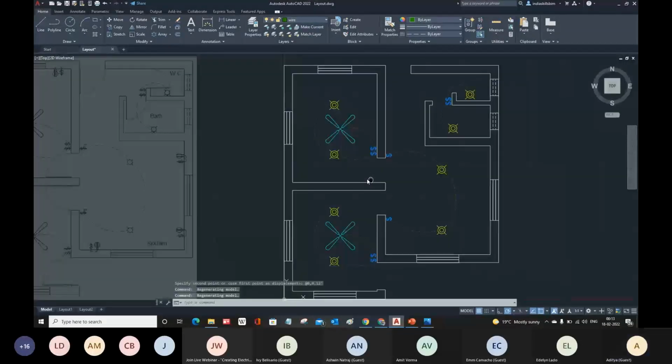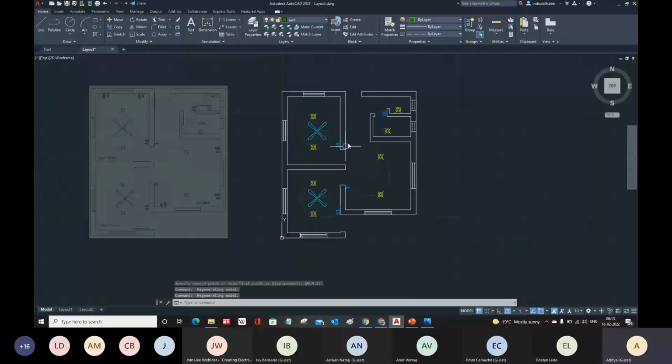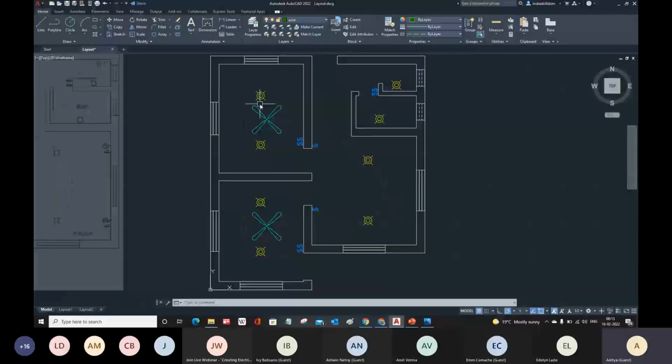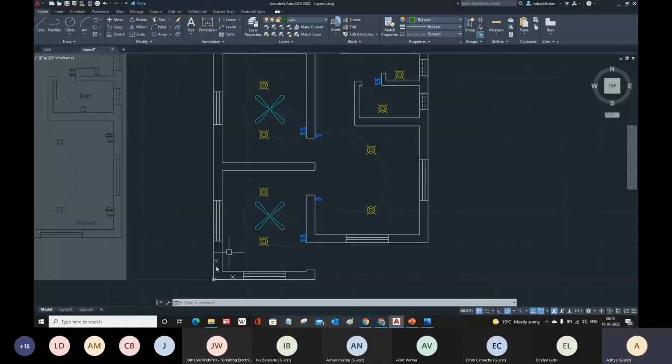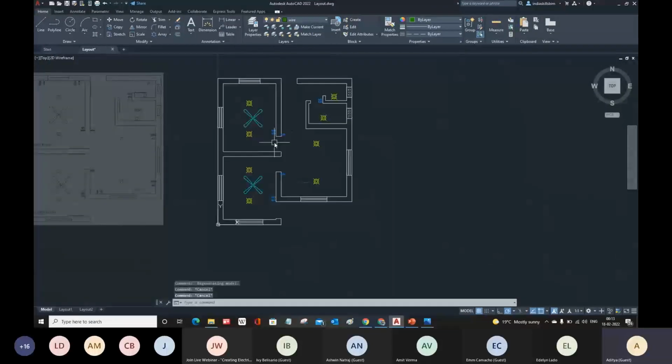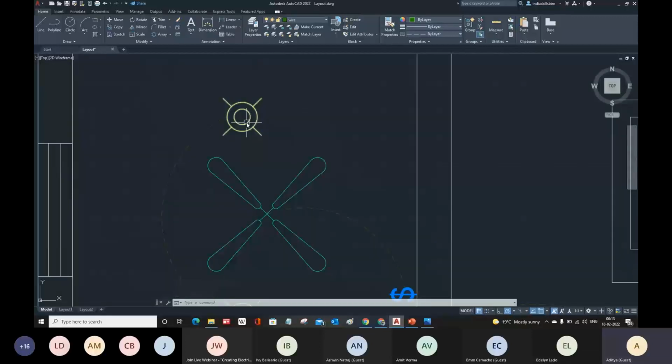So now, the thing which I want to do that matters is called the attribute. We will specify the attribute to find out the actual coordinate of these items from some specific point, so that we can find out the total length of the wire which is required for these bulbs, right? That can be done with the help of the command attribute. I already have this component. Let us use this component to specify the position of the attribute.